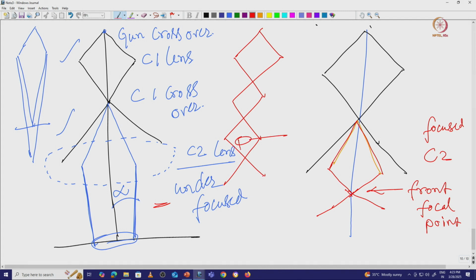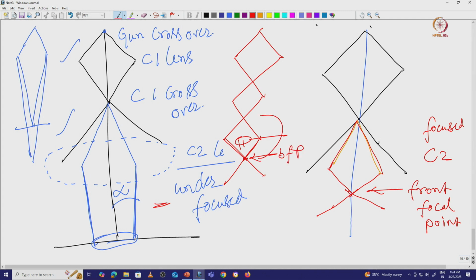From the sample, electron beams are coming and converge at one particular point, and that is where we are recording the diffraction pattern, right? The diffraction pattern, when we are recording it at this particular point,